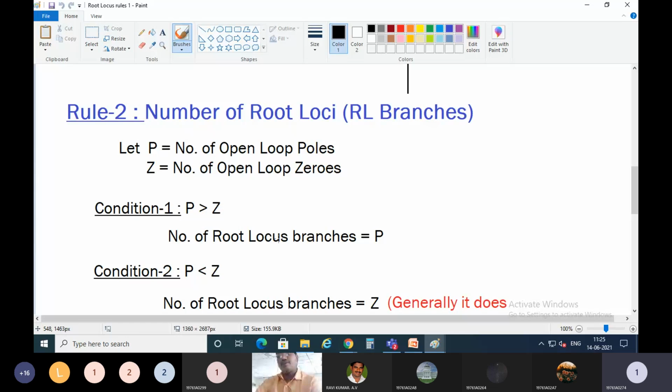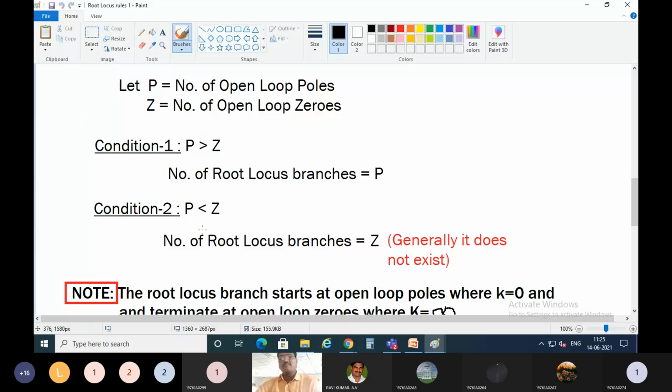So rule 2 gives the number of root locus branches based on 2 conditions. One condition is that the number of open loop poles is greater than the number of zeros. Then the number of root locus branches is equal to the number of poles. And if the second condition is satisfied, P less than Z, then the number of root locus